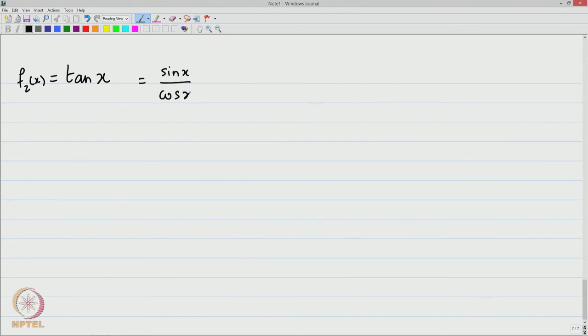And you can see immediately that this function is troublesome for us to do any quantum mechanics. As if you plot this function, this is 0, and you know when x is pi by 2, sin x is 1 and cos x is 0. Therefore, if I do x is equal to pi by 2, I have a problem that this function increases,